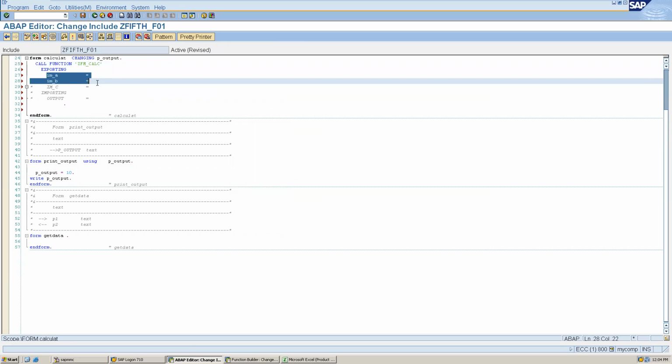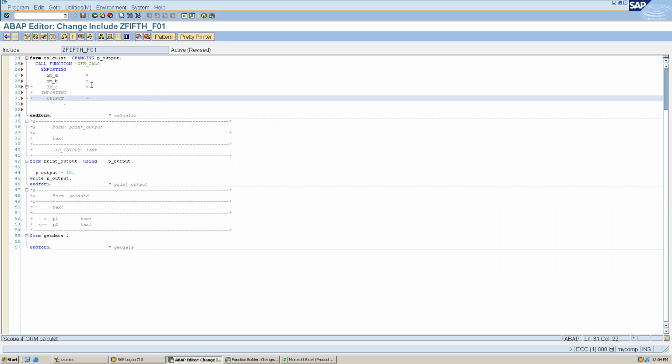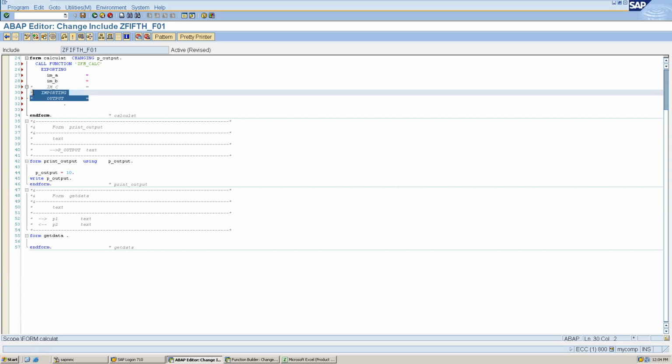What is an optional parameter is disabled. If I do not pass any mandatory parameter, I will get an error. So at least two parameters I have to pass here because I made those parameters active, and this is my importing parameter. Okay, one minute.